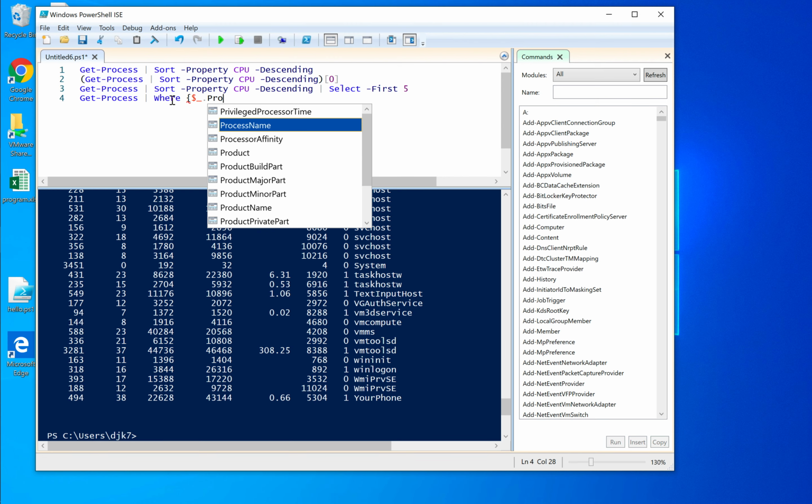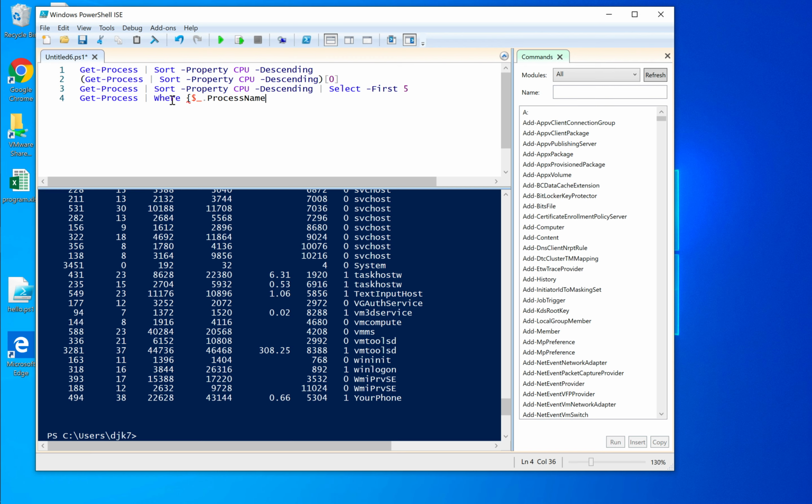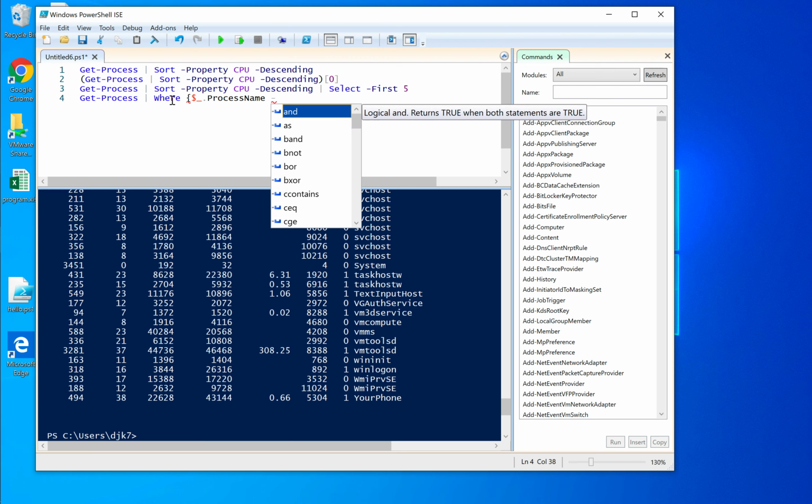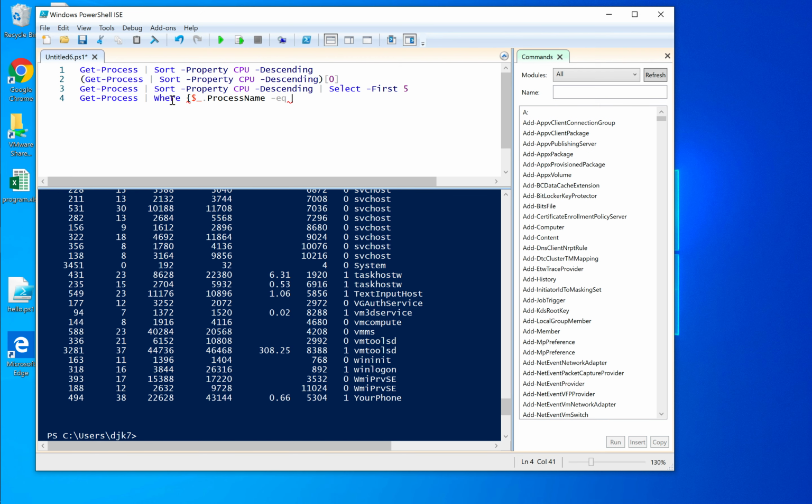And I'm going to say ProcessName, and then -eq for a comparison operator. And I'm going to say RuntimeBroker. So again, it's very much like SQL, where process name equals RuntimeBroker. I run that,